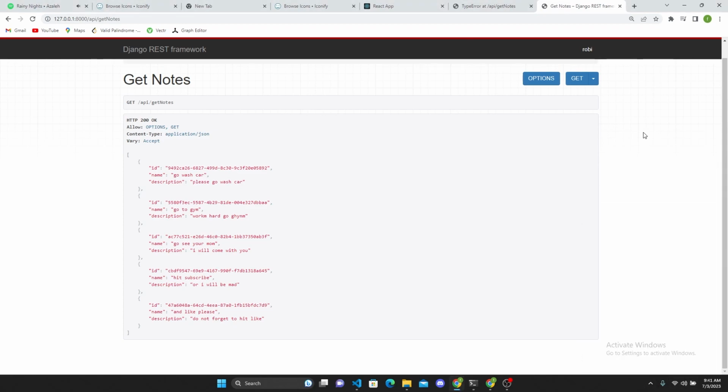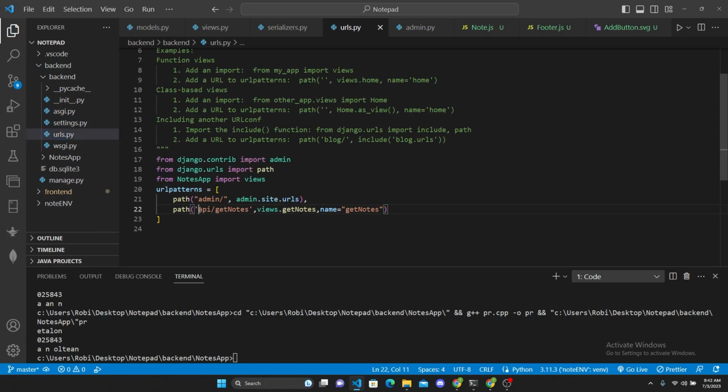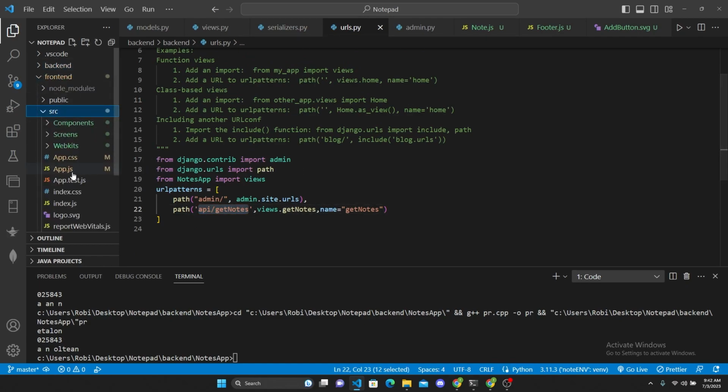Okay, so as we said, we are going to give this data from the backend, and now we want to get it to the front end so we can show it to the user. Okay, so the URL that triggers this function is in the backend, and URL API-get nodes. We are going now into the front end, to the source, into the components,